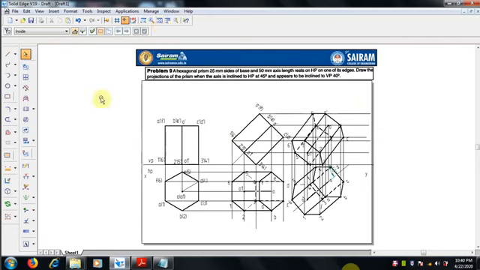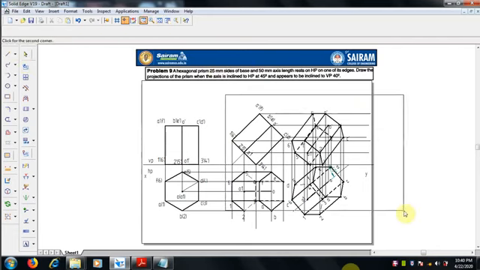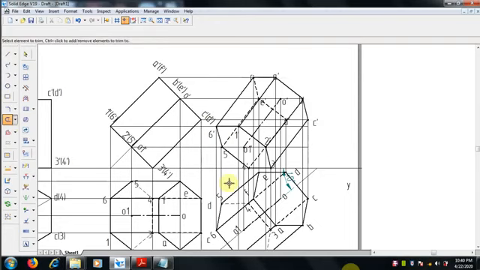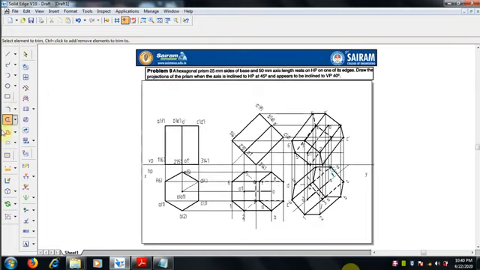So let me check the final view. The angles and unwanted portions should be trimmed off. In this view, you can trim off all the unwanted lines.